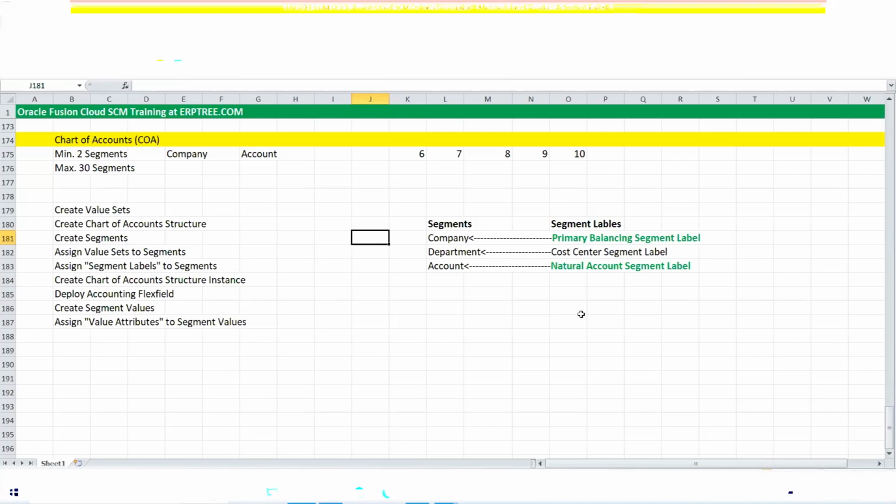At the same time, another user created a chart of accounts and forgot to assign the natural account segment label or the primary balancing segment label to any one of the segments in the chart of accounts. Now, if I submit the accounting flexfield for deployment, my chart of accounts is okay, but the other chart of accounts is not fine. That is the reason the deployment process will get stopped and it will display the error message